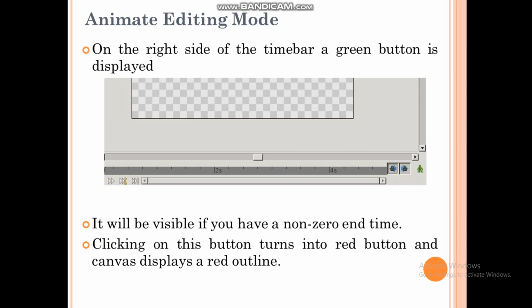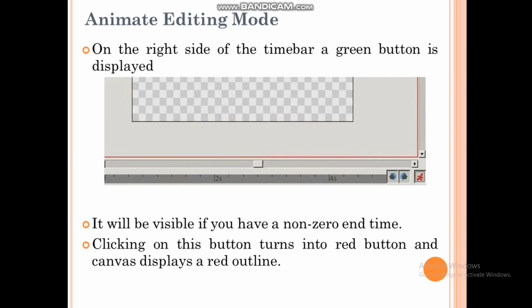So click on this button, it turns into red button, and canvas displays a red outline. It means that now recording has been started, and you can see the icon has been changed. So now whatever you do, that will get recorded.